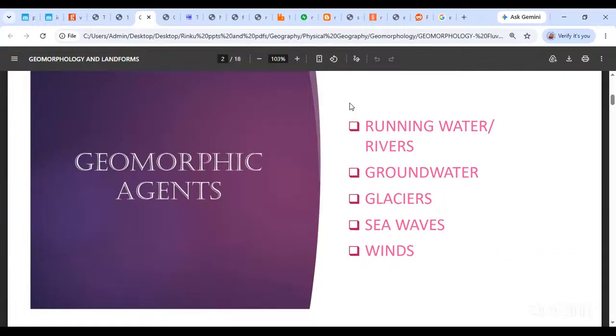Now these agents are capable of eroding material. Okay, they will usually transport that material from place A to place B and then go and deposit in a place. Okay, place C में जाके वो deposit कर देते हैं. Okay, so this entire process is a 3-step process. First is removal of material, active removal of material. We are not saying like in weathering the material is breaking down, disintegrating and sitting in its place. That is not what we are saying. We are saying there is a proper flowing agent, okay, whether it is wind or water or sea waves or whatever, but there is a proper flowing, moving agent.